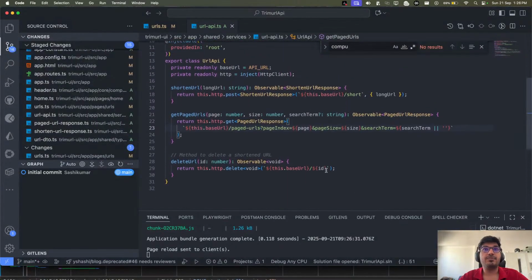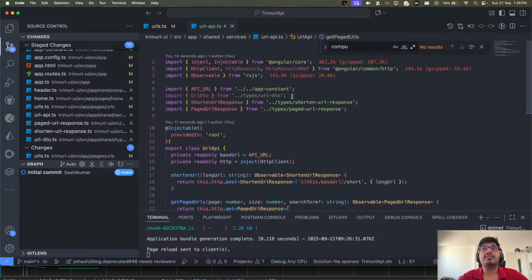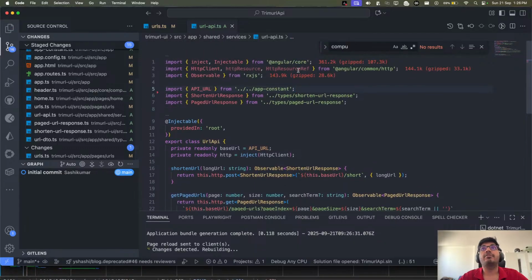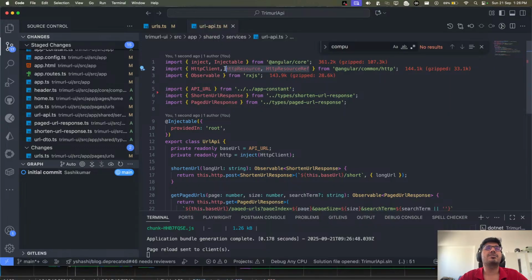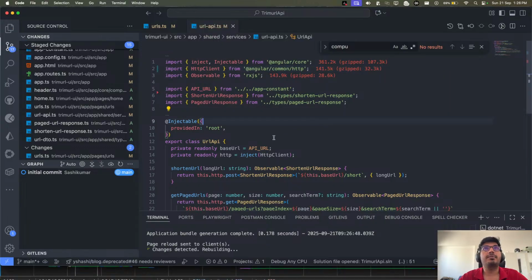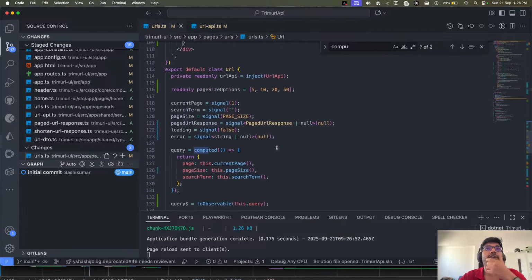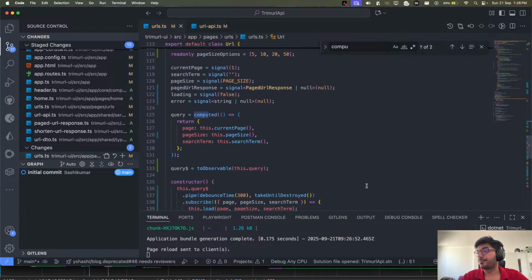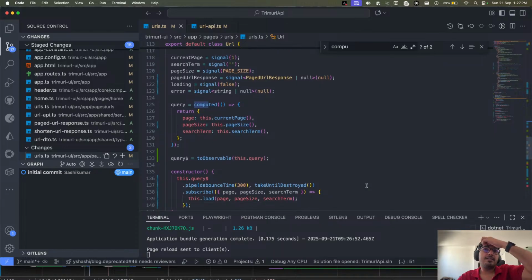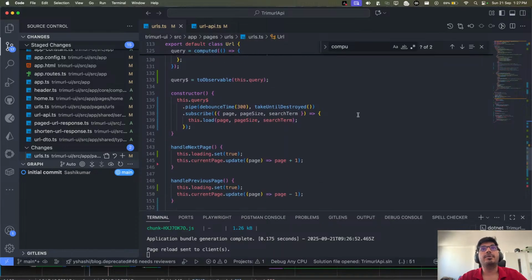And just in case you need this code, I will be putting it up on my GitHub, so you can find this code from there. I will make it public, so you can access the whole code of what I did here to refactor this particular component. Okay. Now, just in case anyone has any question, do let me know.